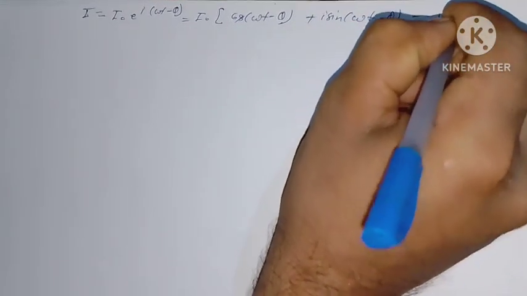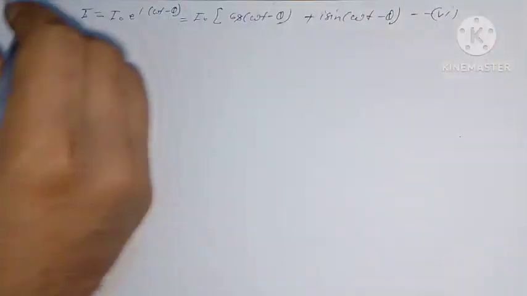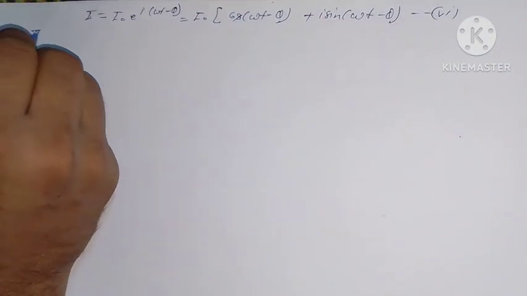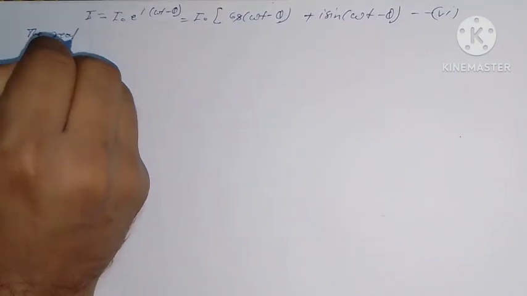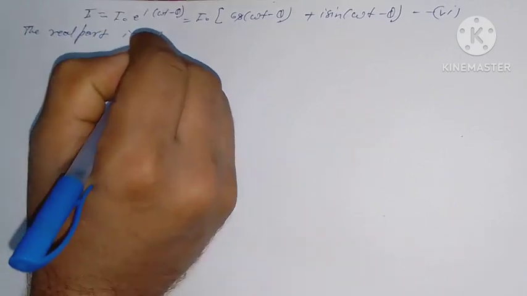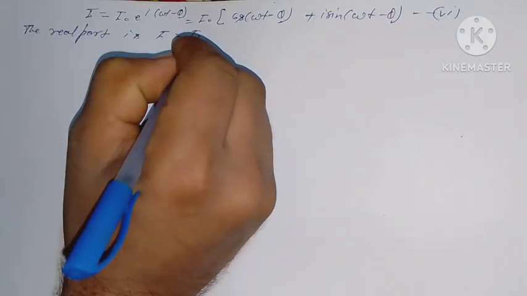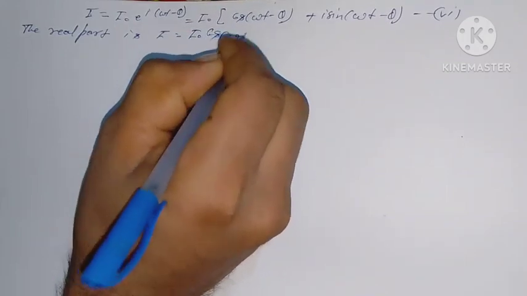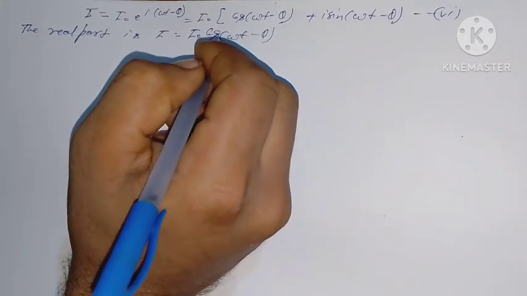This is equation number 6, and the real part is I equal to I naught cos(omega t minus phi). Thus, when the applied EMF E equal to E naught cos omega t, the current is